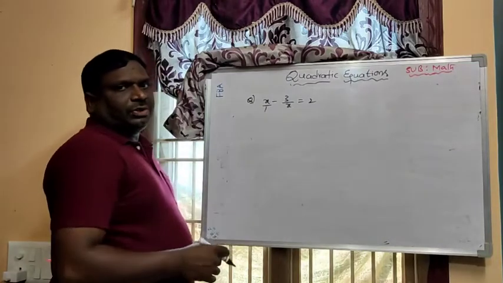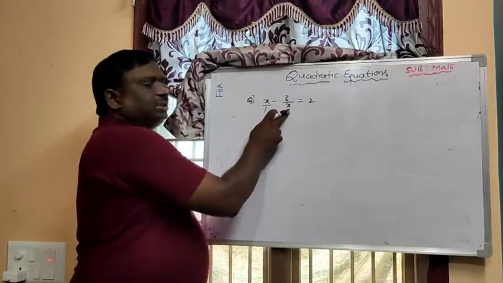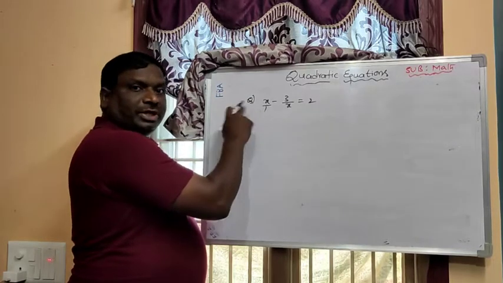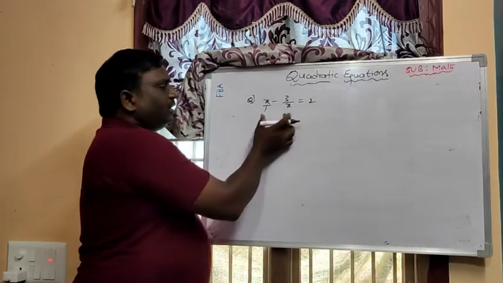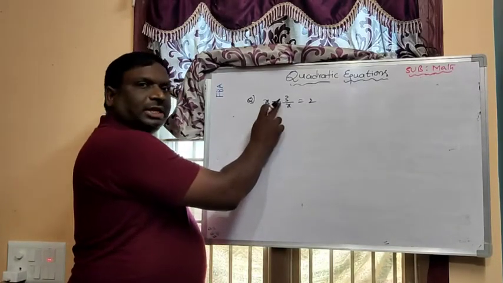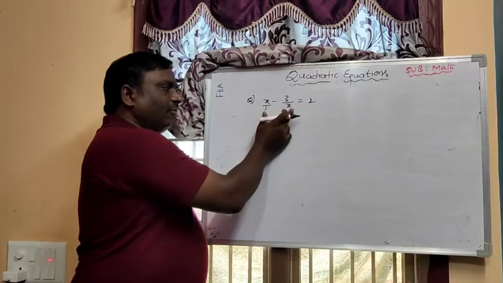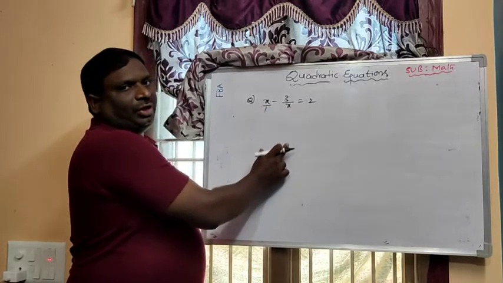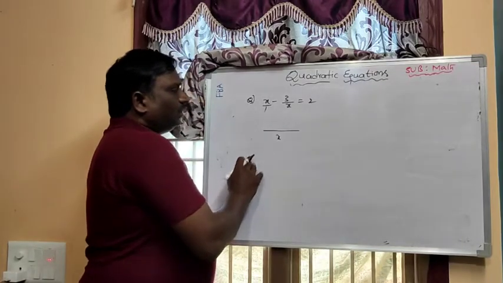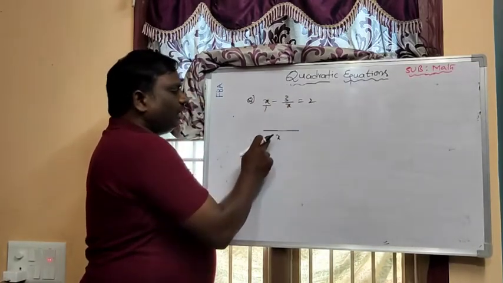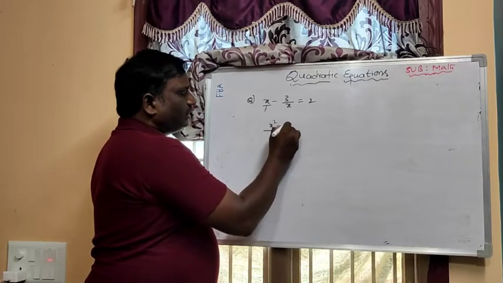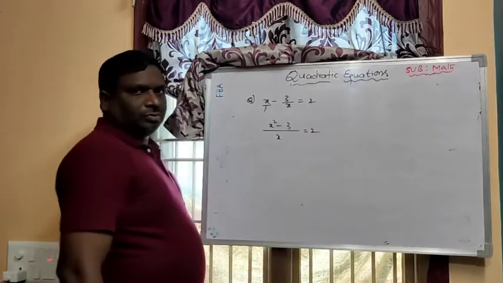When they give this type of question, immediately you can take, this is a fraction, this one is also a fraction. If there is no denominator, we can make it as 1. Then take the LCM of these two fractions. Because between two fractions there is an addition or subtraction sign, definitely we need to take the LCM of the denominators. What is the LCM? x into 1 is x. So now do the cross multiplication. I am taking the product here, x into 1, x into x, x square minus 3 equal to 2.